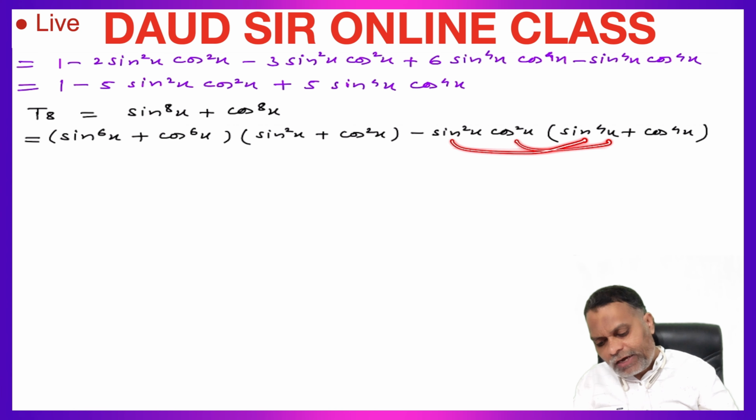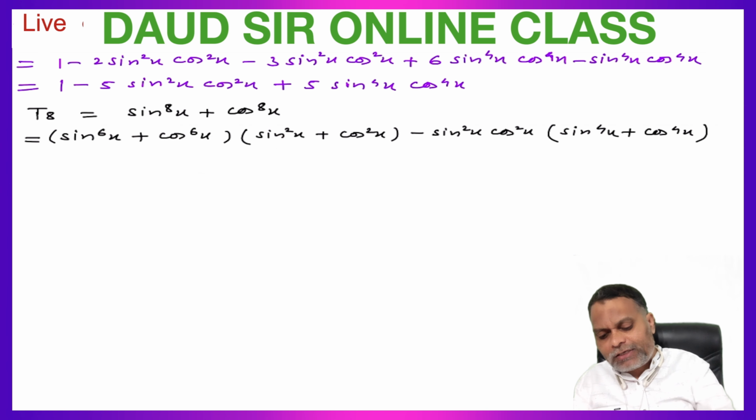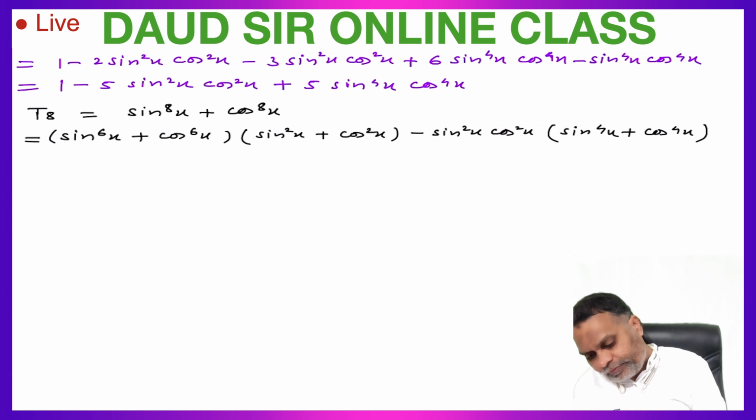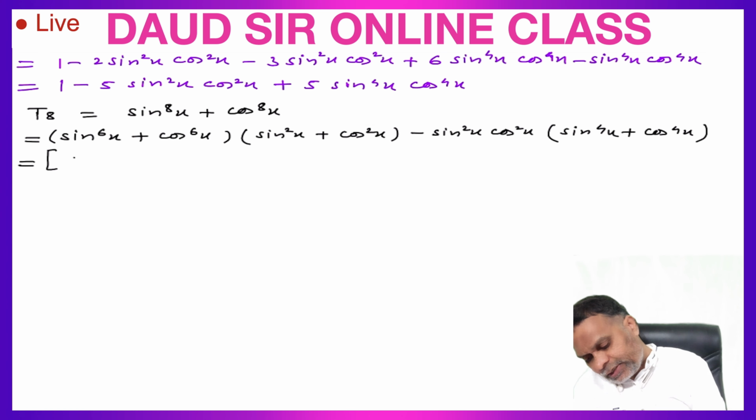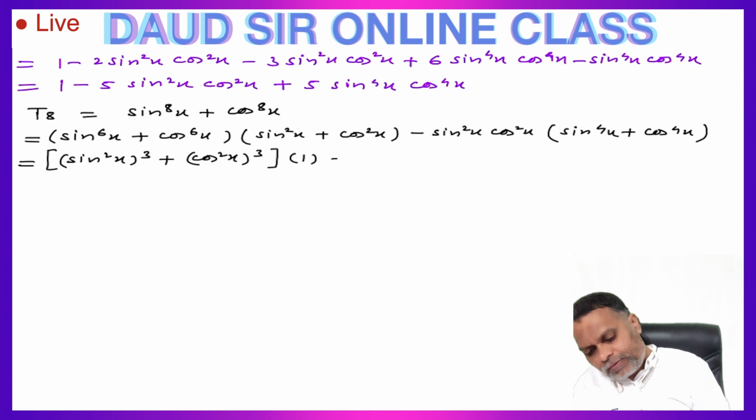Sin raised to 6 cos square, sin raised to 6 cos square will be cancelled. This is minus cos raised to 6 sin square x, negative cos raised to 6 sin square x, positive, that will be cancelled. So we will get only sin raised to 8 and cos raised to 8. Now simplify this. This sin raised to 6 can be written sin square x whole cube plus cos square x whole cube, and this sin square x plus cos square x 1 minus sin square x into cos square x, and simplify